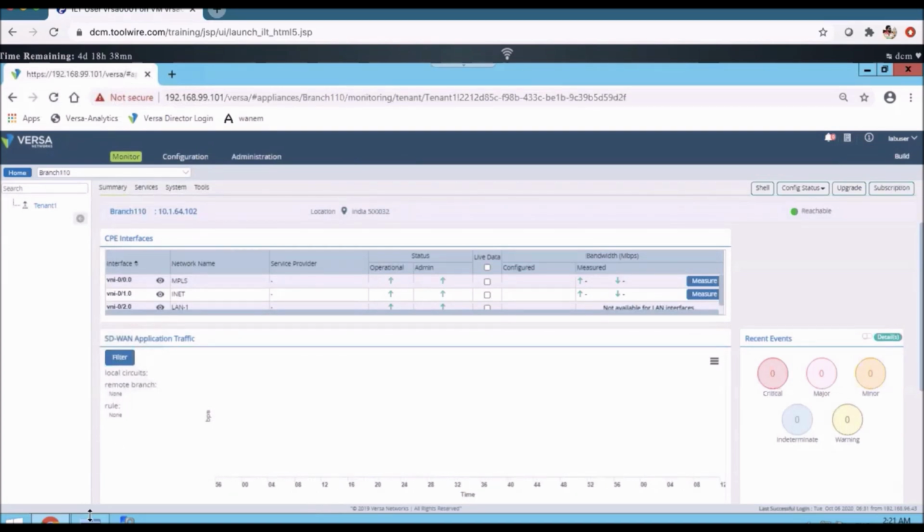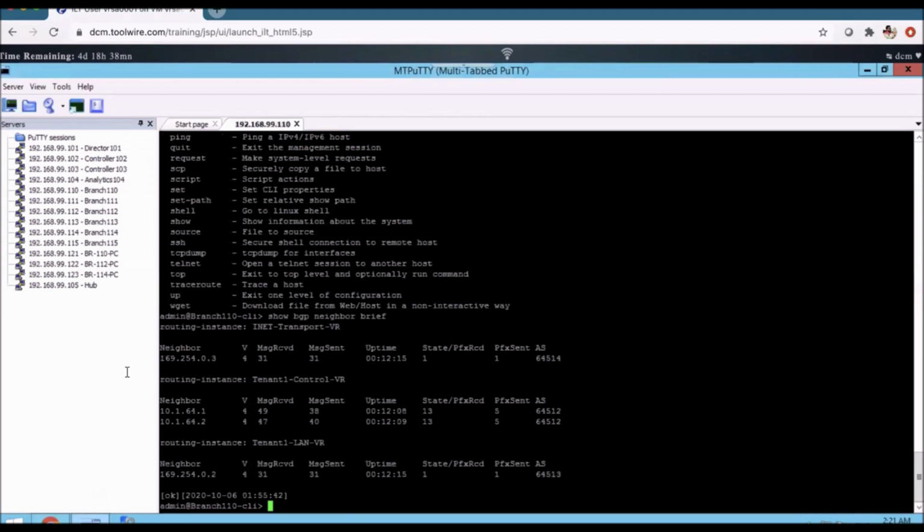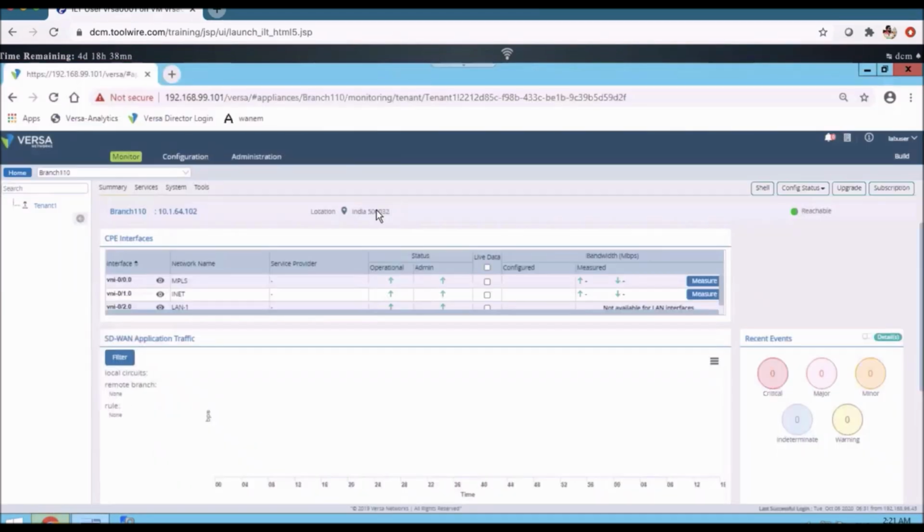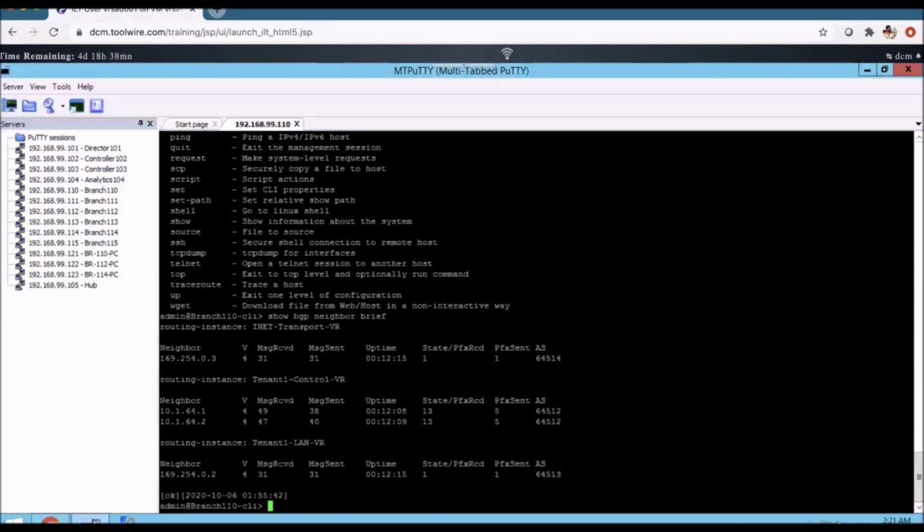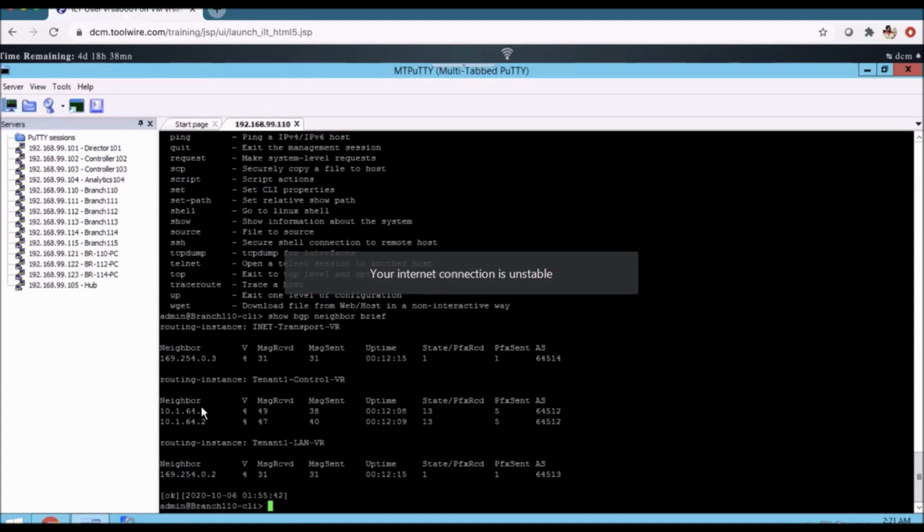Is that clear? How did we create all these options? How did we create the IP range 10.1.64 that we reserved for the tunnel earlier? These IP addresses are all coming from the director itself. Yes, we have reserved one range from there.